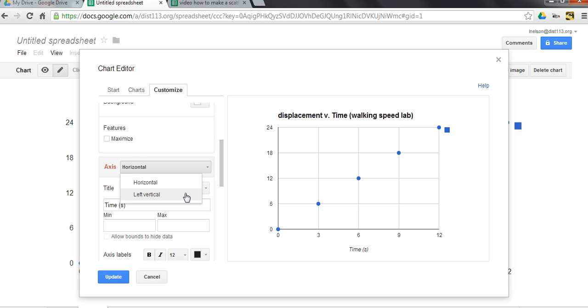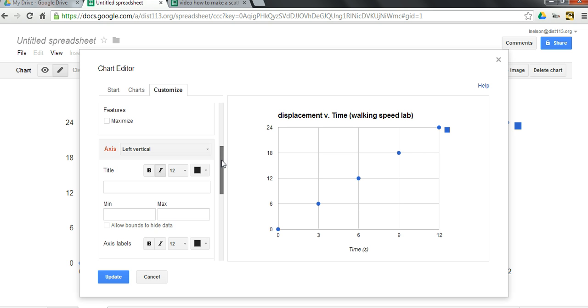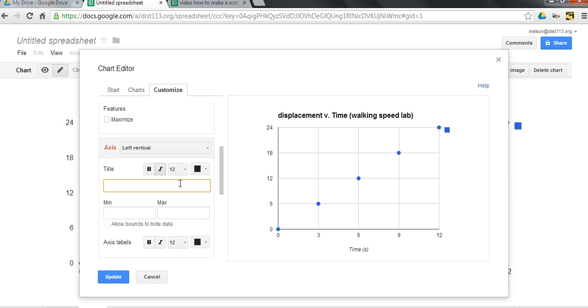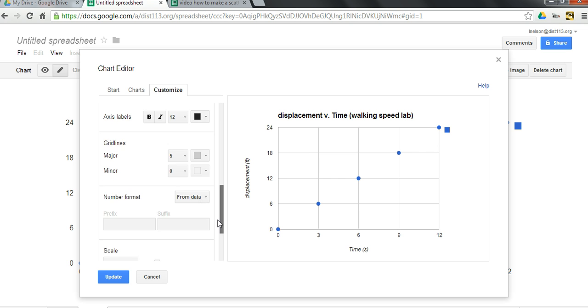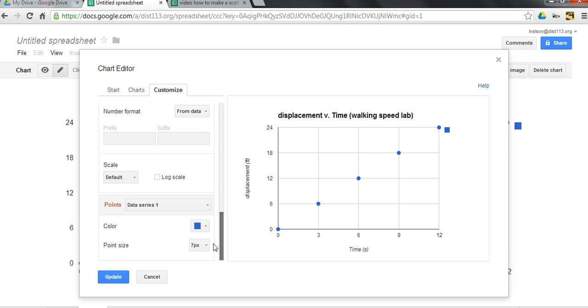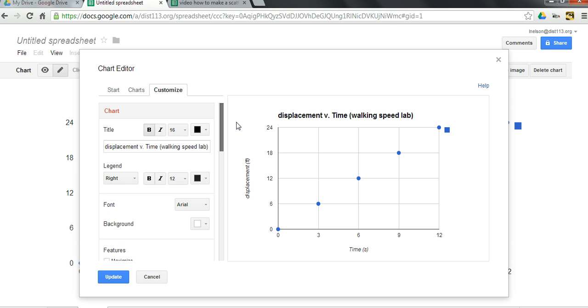Select axes, left vertical axis. Call this displacement. In parentheses, your unit of feet in this case. And obviously you can change some other features, colors of points, font sizes, but I would leave the default. I think it's just fine. Press Update,